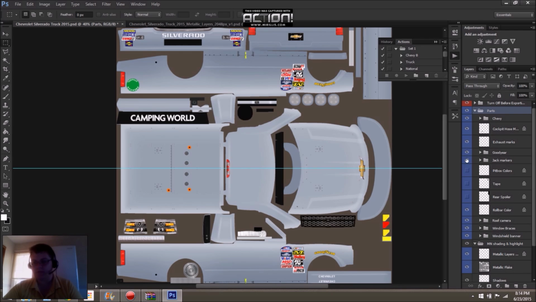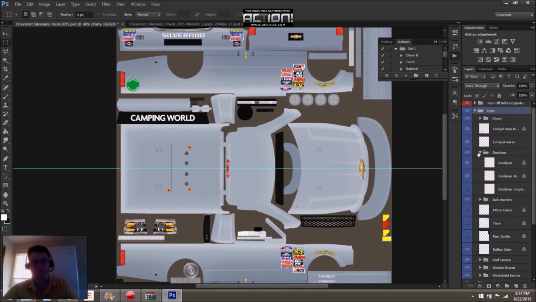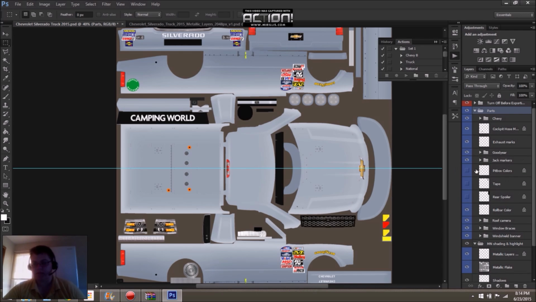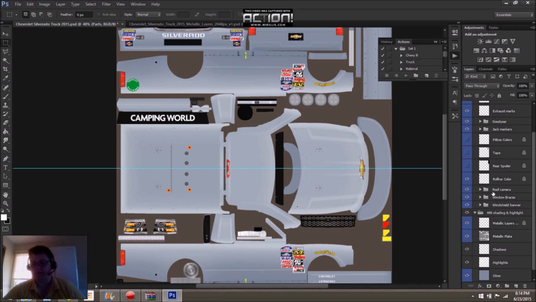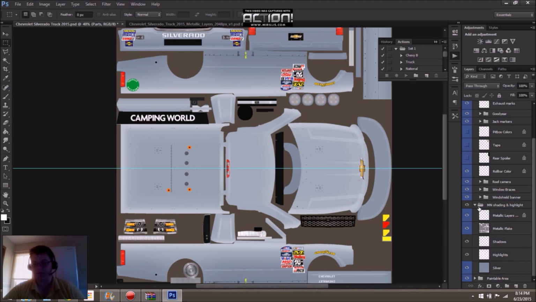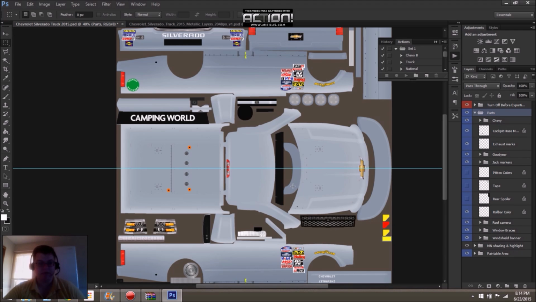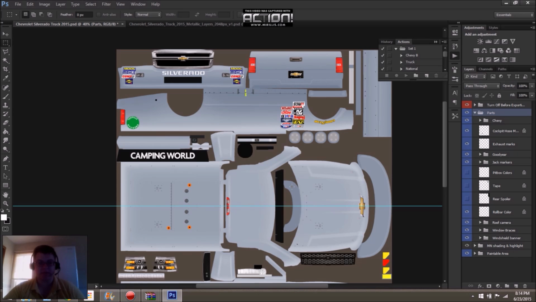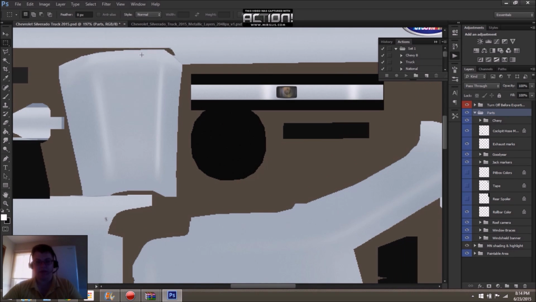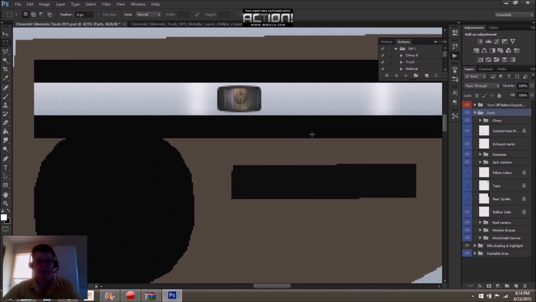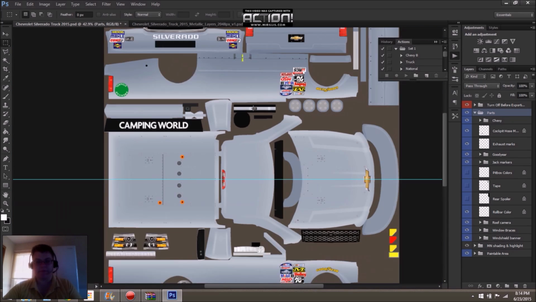Goodyear logos, and they're usually broken up so you can change colors, you can change the outline, things like that. Whatever you may need, his layers usually include, and they usually have something for camera mounts and stuff like that on the roof, which would be located right here. Doesn't that look like a camera? I think it looks like a camera.